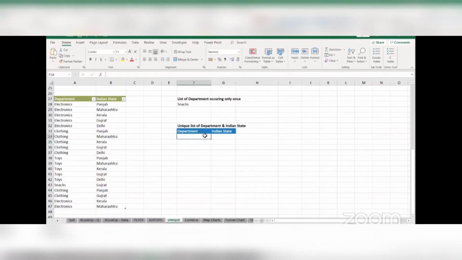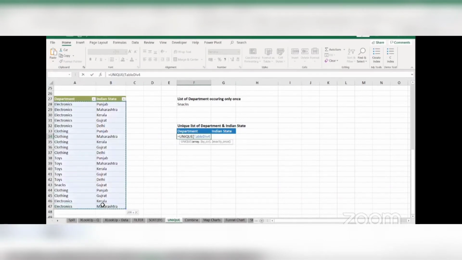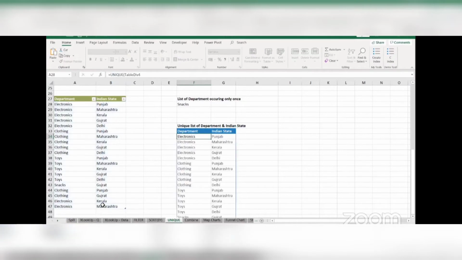I want to find the unique combination of department and Indian states, not just department separately and states separately. So I will say is equal to, this time in the UNIQUE formula, my array will not just be department or just states. It will be both the columns together. And now if I hit enter, I will get the unique list of department and the Indian state.